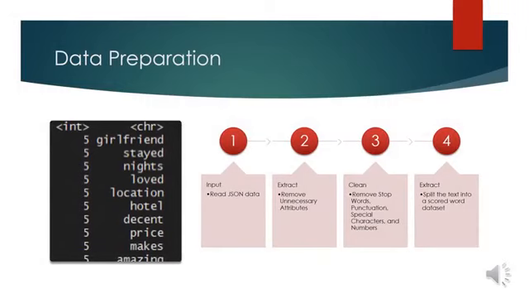Now let's talk about data preparation. In my case, I've got 4 steps for data preparation. The first one, of course, is reading the data file itself. So we want to get that data file into R as an object that we can work from. In our case, we'll read the JSON files directly using the JSON-Lite package. It was very helpful for doing this.